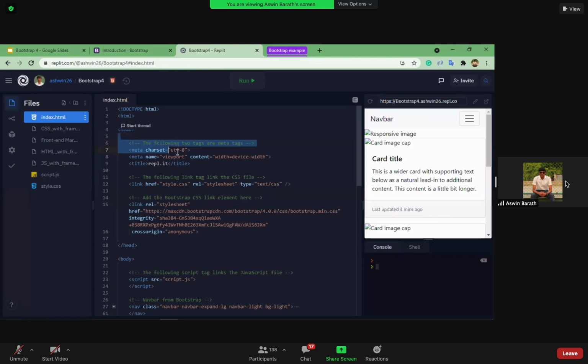Yesterday we were discussing meta tags, so this is an example of meta tags. This is a predefined template given by REPL. This is how we link our CSS file, an external type of CSS, and this is how we add our Bootstrap CSS link element.